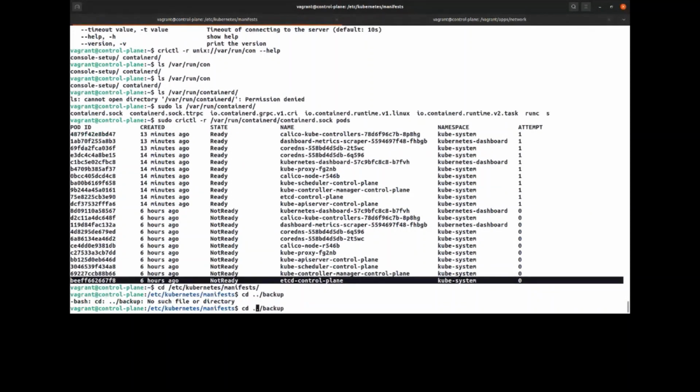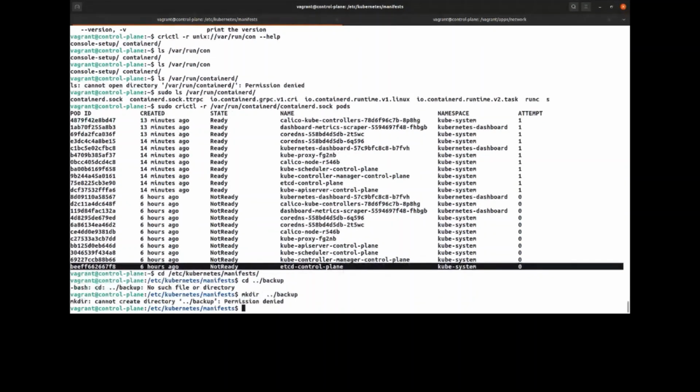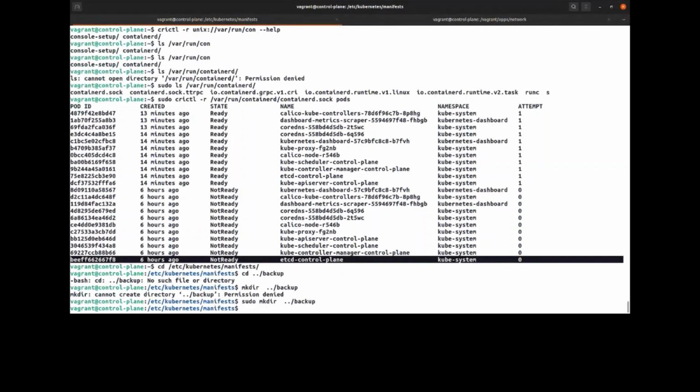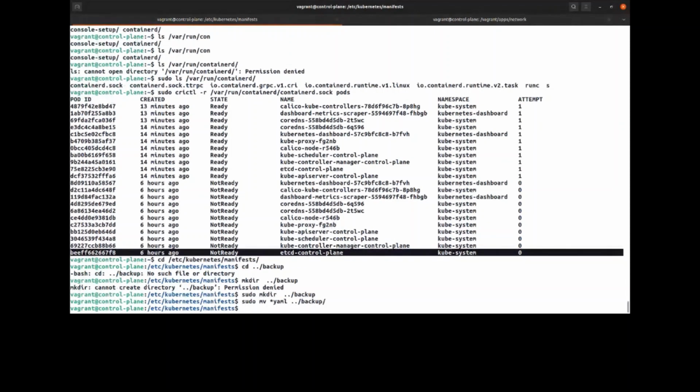Make directory backup first. Sudo. Okay, and sudo move the static yaml files to backup.